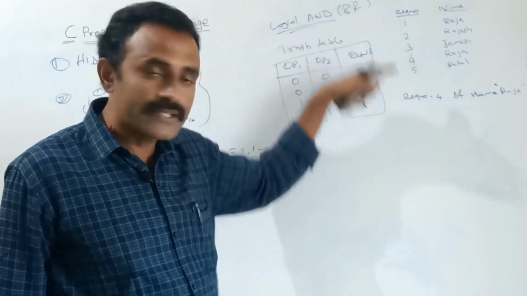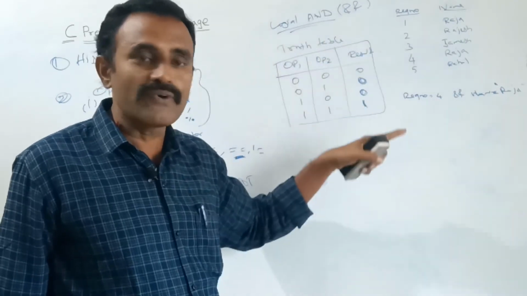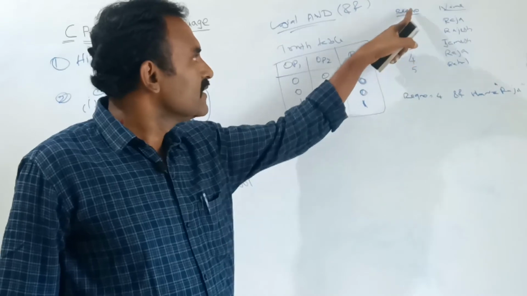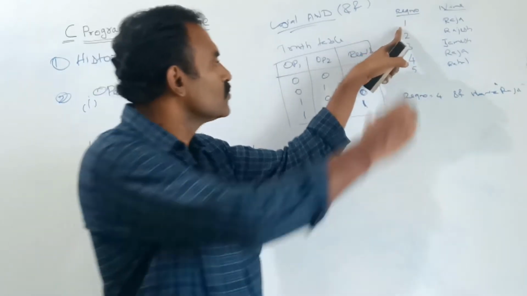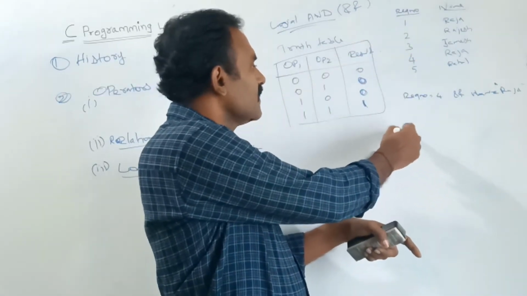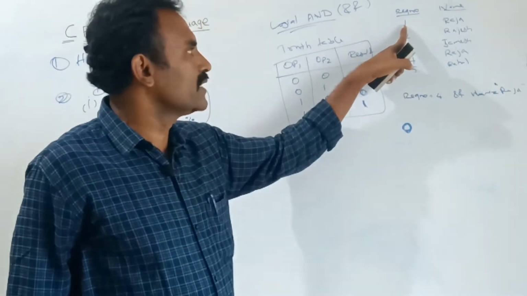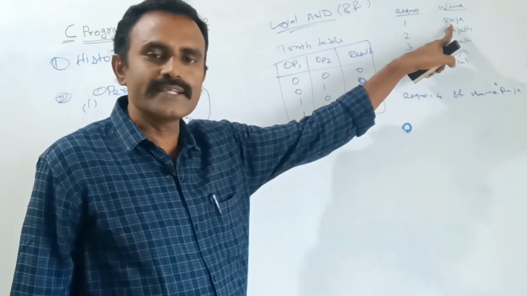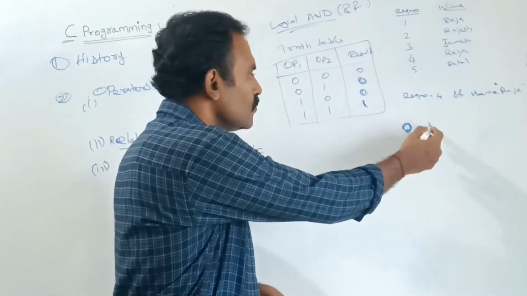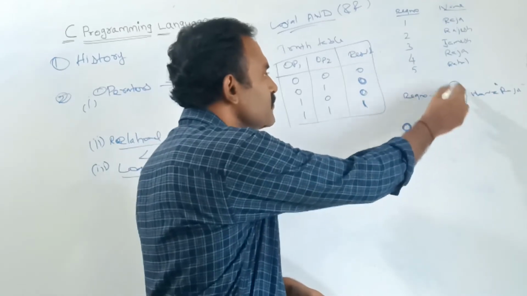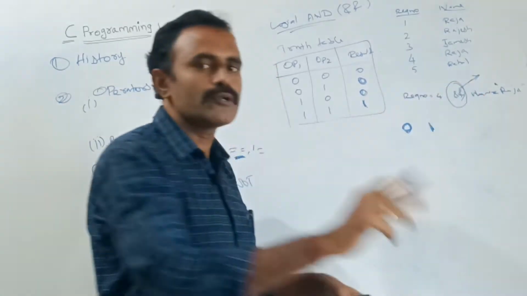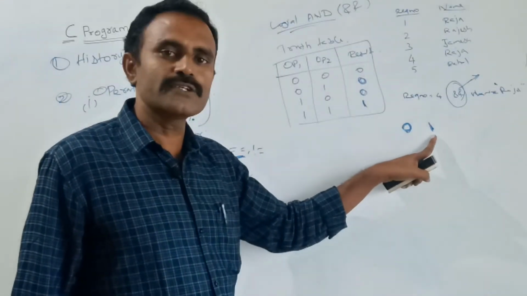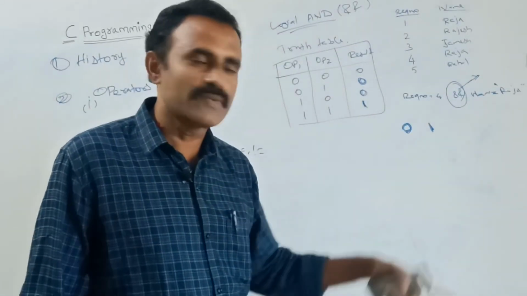It will check each and every record. All the other records will be false, this record only will be true. Here it will check the first condition, whether the register number is 4, no. So here the operand value is 0, that is false. It will check the second one, name is Raja, yes, Raja, this one is true. But what operator are we using? We are using the AND operator. In the AND operator both the values should be true. Here one value is false, another value is true, so it won't display the result.